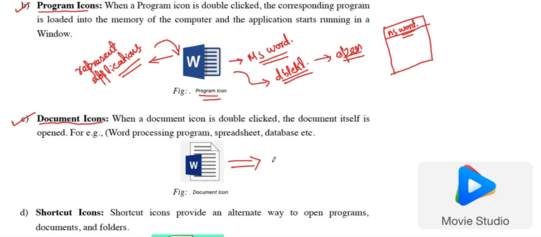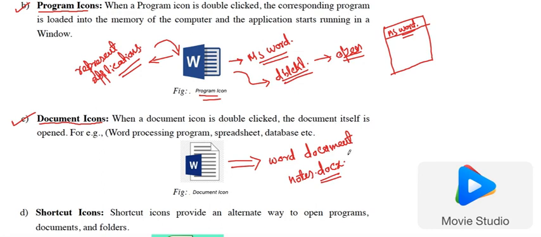For example, if I have a Word document named notice.docx, that is the extension for a Word document.